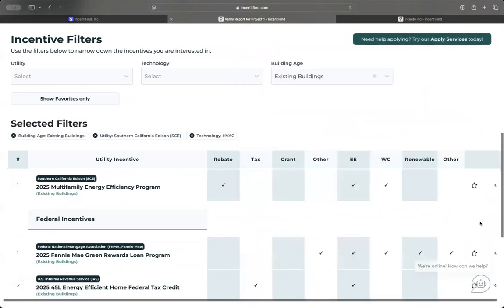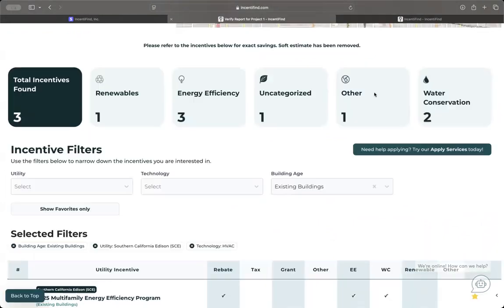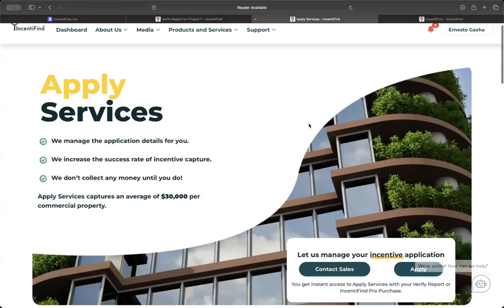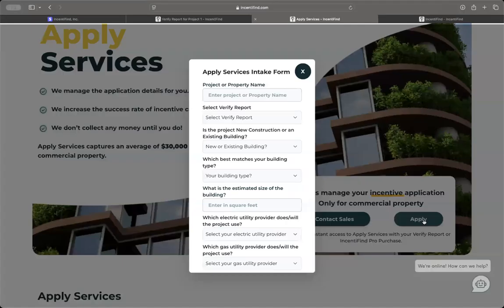You can also favorite incentives to see them later. Or if you need help applying, you can click here to try our apply services, where we can apply to these incentives for you. Simply fill out this short form and a member of our team will get back to you